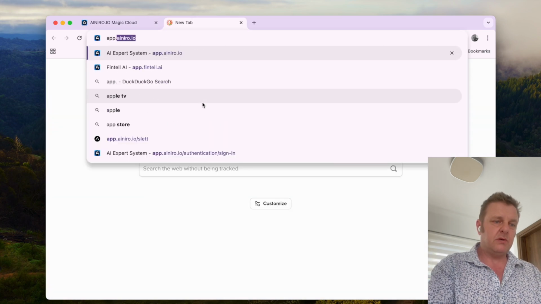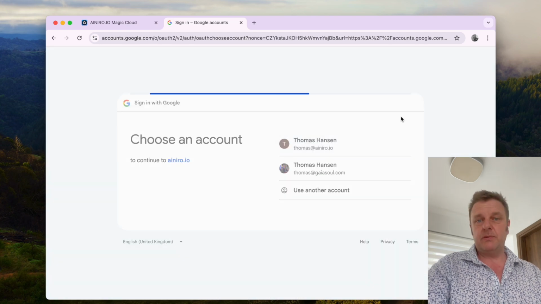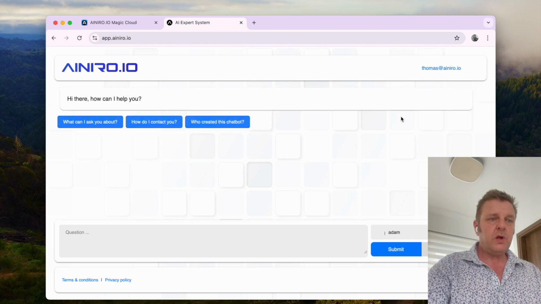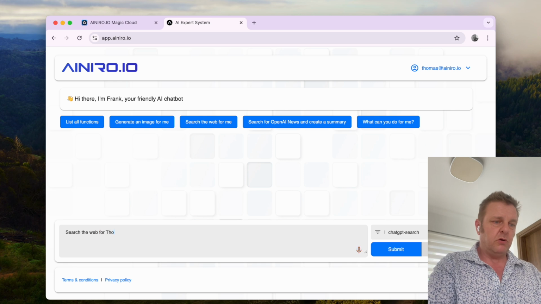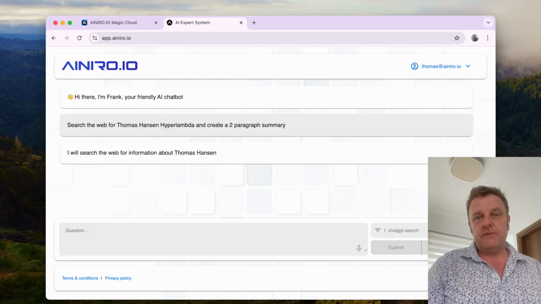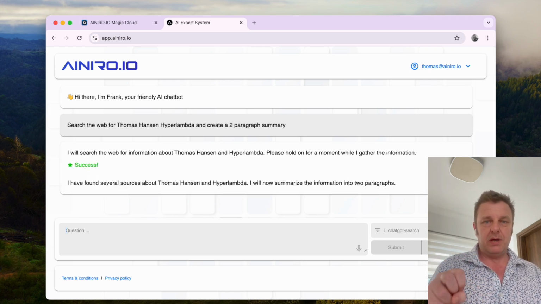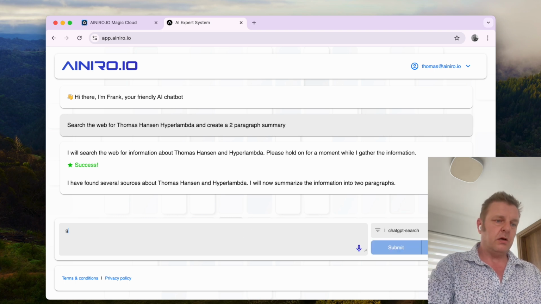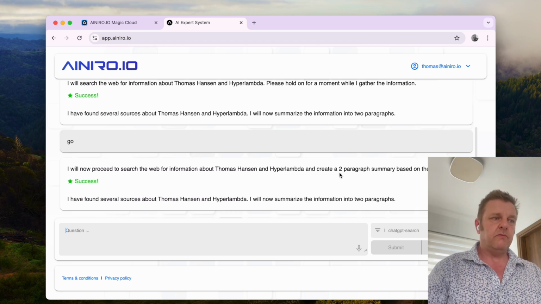You've probably seen this one, app.ainiro.io, which is our AI expert system that allows you to search the web for Thomas Hansen Phosphor Lambda and create a 2-paragraph summary. Do stuff such as this. Now, of course, here we're illustrating an AI function where the AI LLM is actually capable of executing functions, lazy GPT-4, and use the result of those